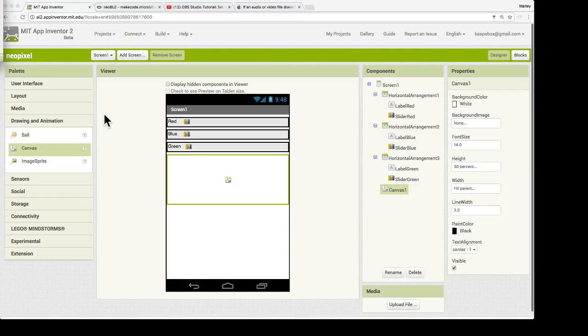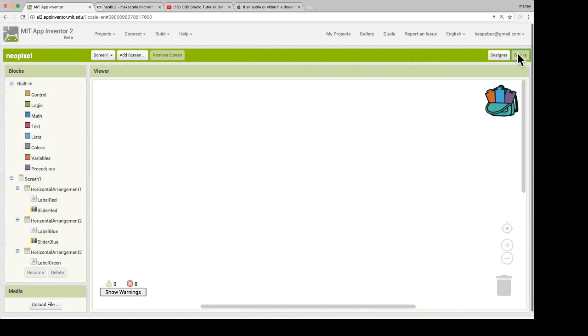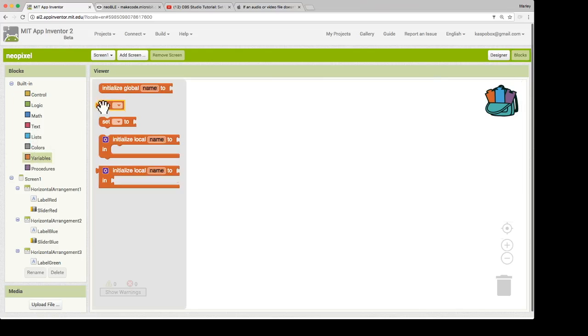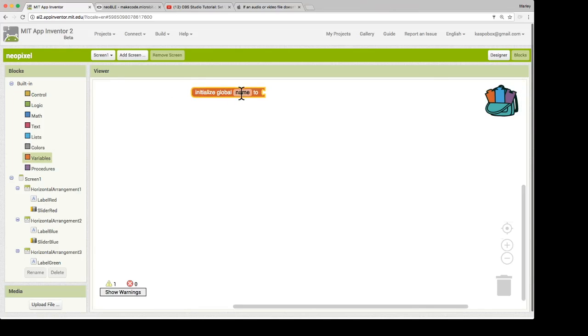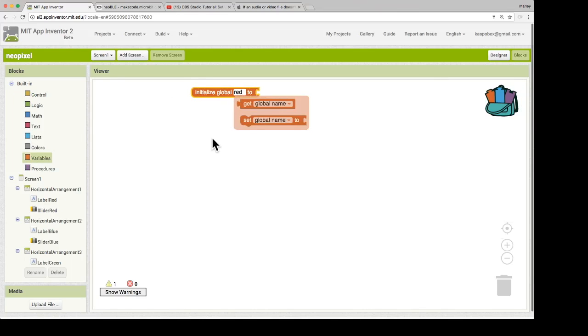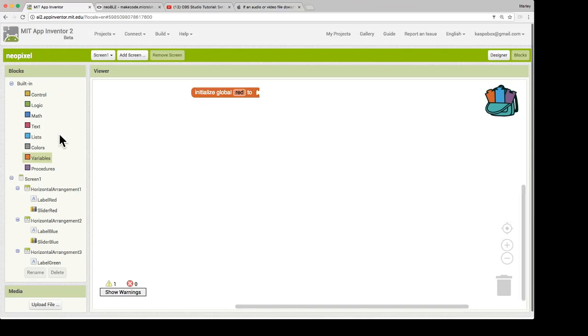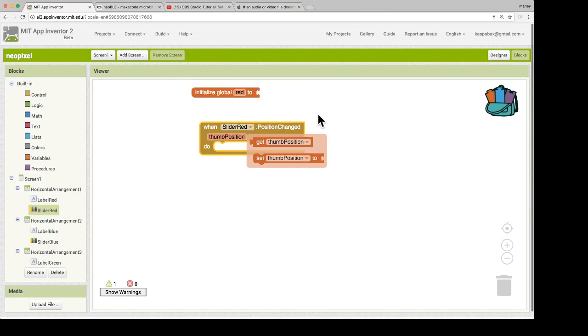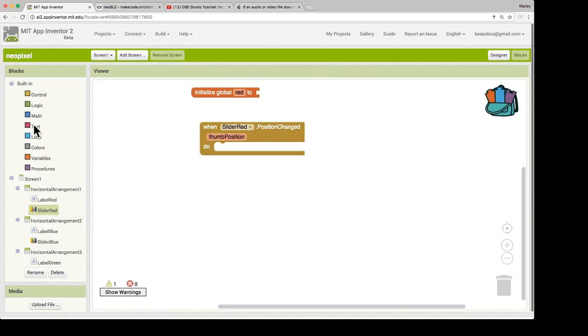Now that we've created the user interface for our color picker, I want to start programming by going to the blocks side of App Inventor. The first thing I need to do is create a variable. We're going to have a variable for red, green, and blue that's going to hold the values selected with the sliders. So I'm pulling out a slider red position changed,